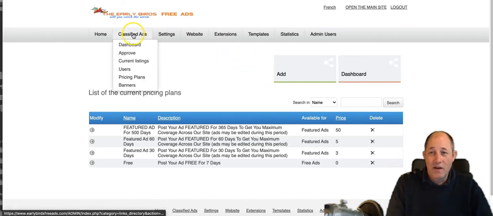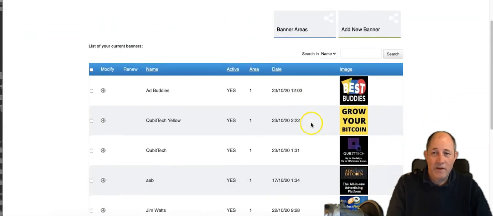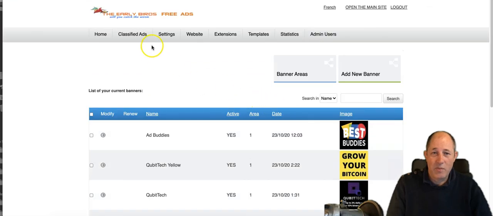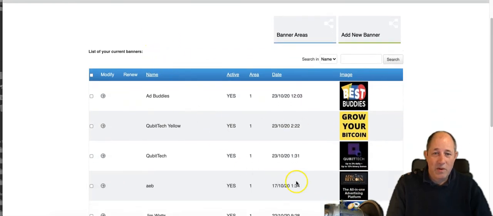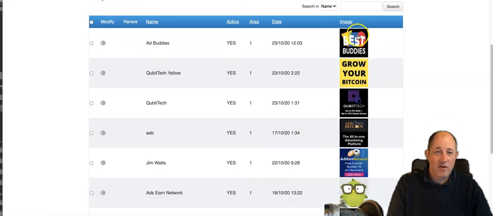Example, again, with the banner prices, if you go to the banners over here in the classified ads, leave the banner areas and all the settings exactly the same, and then basically we've set it up. These are the banners that have been purchased. We've set it up so that the ads are valid for 30 days. At the minute, there's 12 banner ads on the home page. Just an example, we'll go to